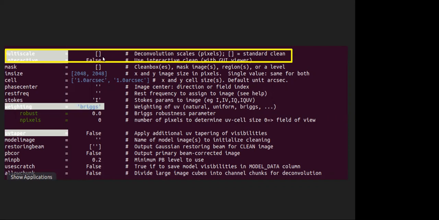However, if you have a complex structure, you should choose different scales, let's say 0, 2, 4, 5, 6. So 2 means 2 times your synthesized beam, 4 means 4 times your synthesized beam. This is basically the scale size. So what CASA will do is search your image for emission at different scales other than 0. Okay. So that is all. What I mentioned is multi-scale, W projection, MFS, and also what image size and what cell size you should choose.